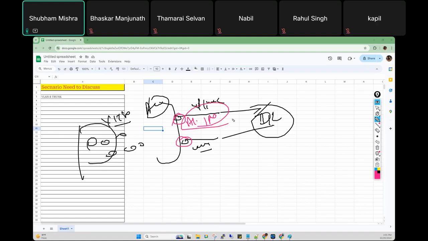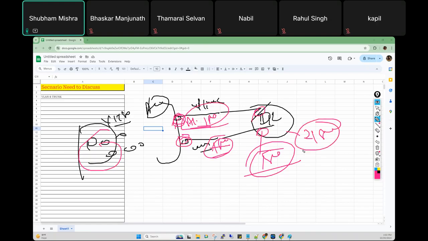Right? If you do not allow VLAN 180, then how will the traffic go to the DR? This is not possible. So on the trunk, you need to allow VLAN number 180. On the DR also, you need to allow VLAN 180. Not only 180, you need to allow the L3 VLAN also, 2180. Getting my point, everyone? Anyone who does not understand?